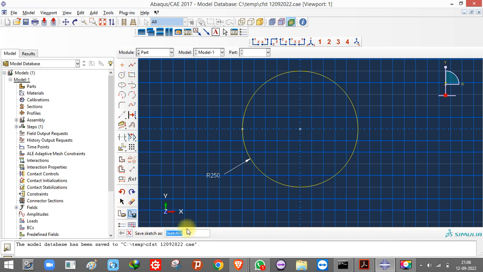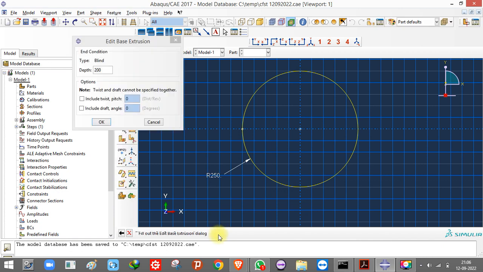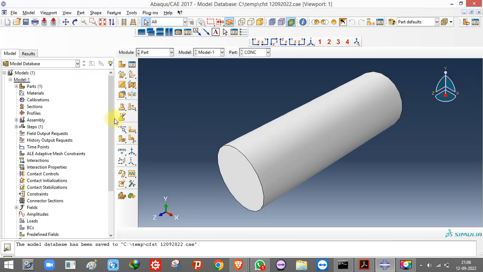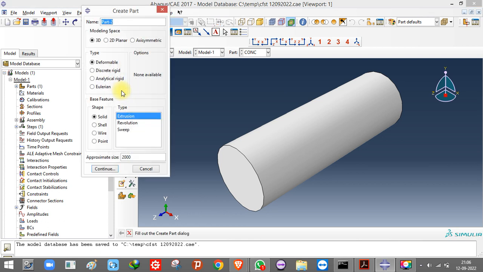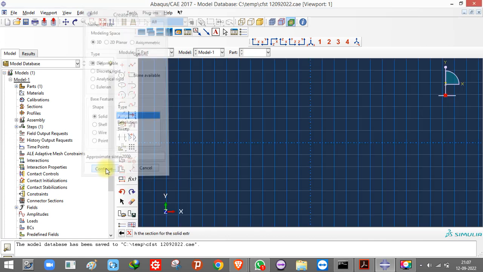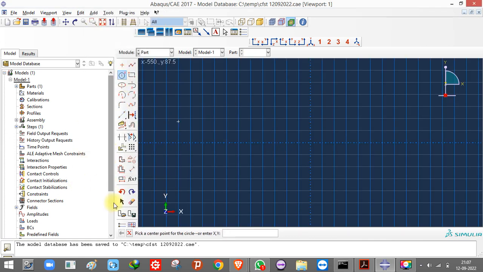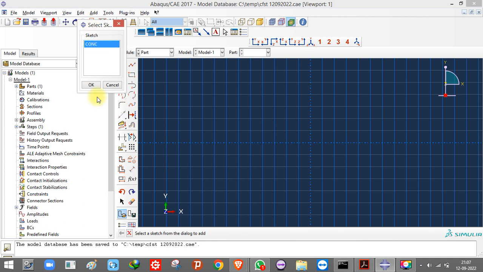I will save this sketch so that while making steel it will be easier for me. Done. What is the length? 1500. 1500 means 1500. Yes, sir. That means 1.5 meter. Now let us make steel, and we will go with solid element only for steel also. So now I will bring the sketch that I have saved,